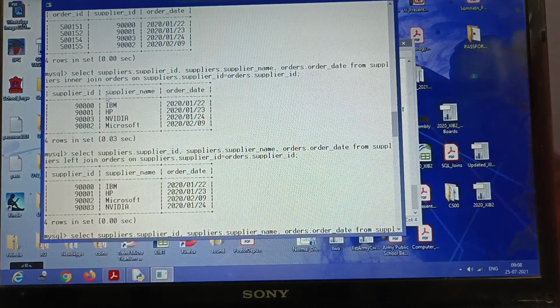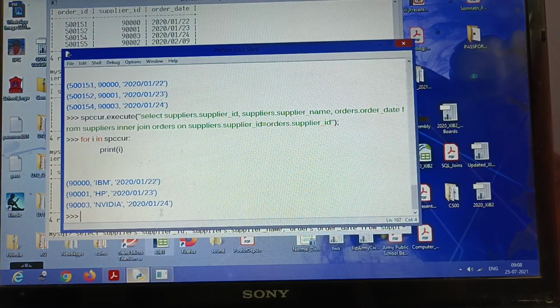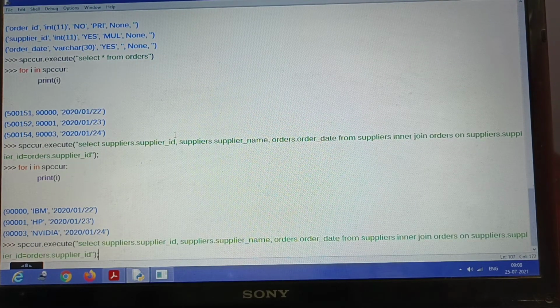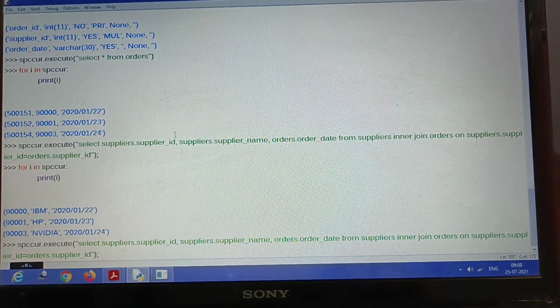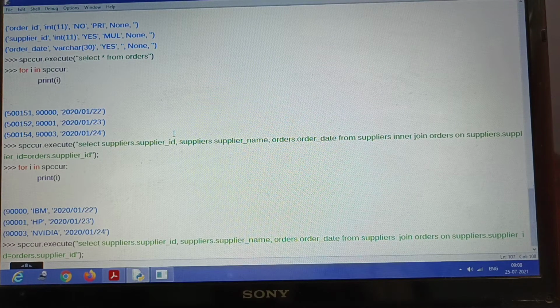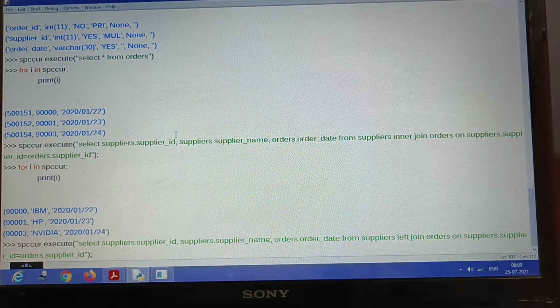Okay, so whatever we have done, we will be doing in Python, and we will check these commands. So the first thing that we are going to do is set the left join command. So let's see the left join command. Here we have to write left join instead of the inner join. You have to write left join first. So remember that the table is now the same. Okay, so in left join we will be getting 4 different rows and a null value also.